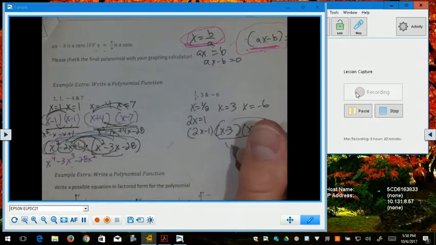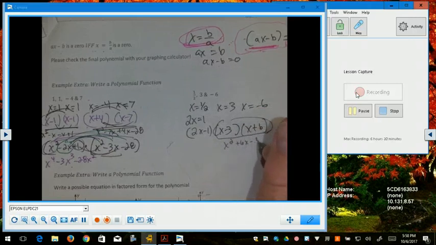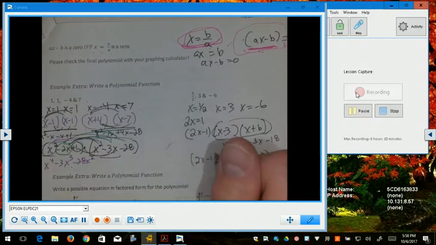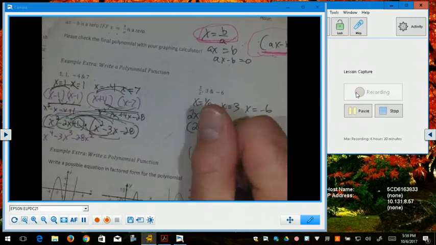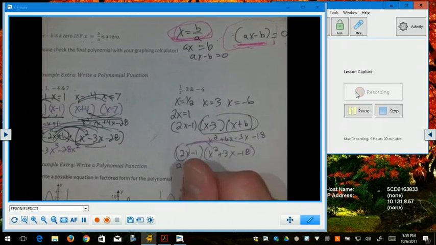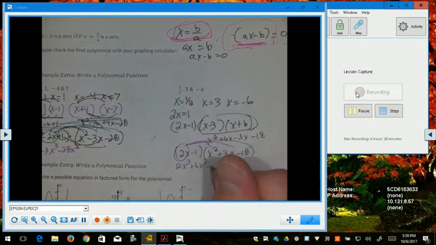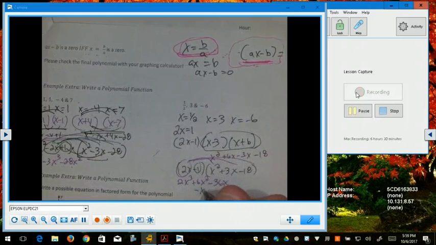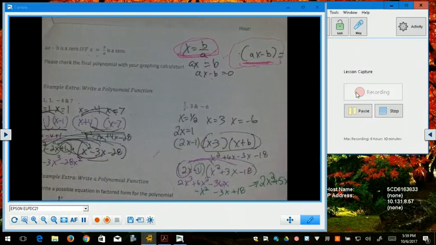I'm going to distribute these two first. That's going to give me x squared plus 6x minus 3x minus 18. So x squared plus 3x minus 18. To that I have the 2x minus 1. I can distribute the 2x first, giving me 2x cubed plus 6x squared minus 36x. Then I can distribute the negative 1, minus x squared minus 3x plus 18, giving me 2x cubed plus 5x squared minus 39x